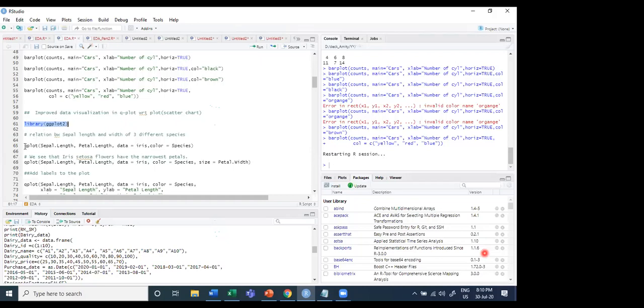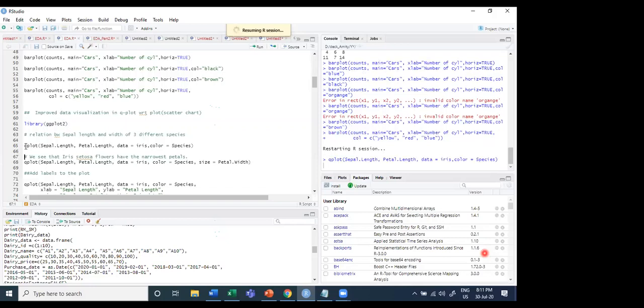Now I will be using the relationship between sepal length, sepal width, and three different species, and try to plot qplot between Sepal.Length comma Petal.Length, with data equal to iris and color species. So now I am going to run this command. So this command is run, and go to the plot.